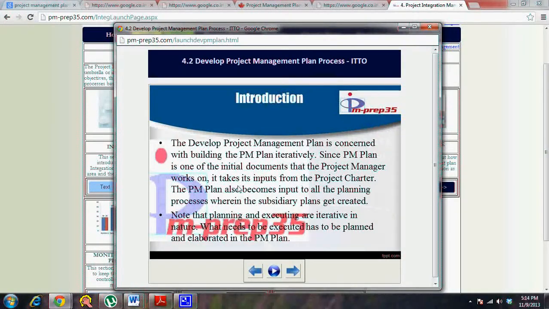So there is progressive elaboration involved in the whole process of planning. The PM plan is one of the initial documents created by the project manager, because after initiating, and since the project charter is one of the inputs, the PM plan uses that input and builds the project management plan. From high level details, you're trying to plan how to meet those high level details, to get better clarity for each of those details specified by